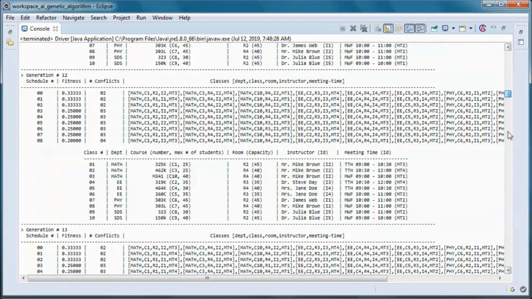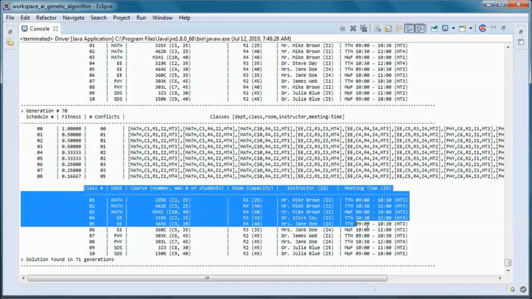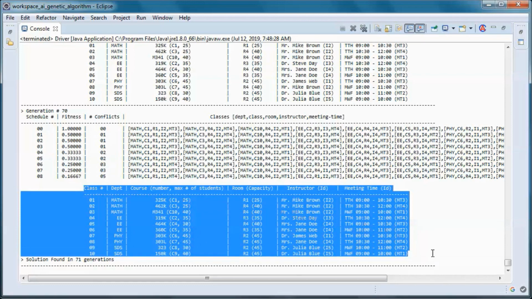And in generation 70 we found this schedule with 0 conflicts, and this is the table format of that schedule.